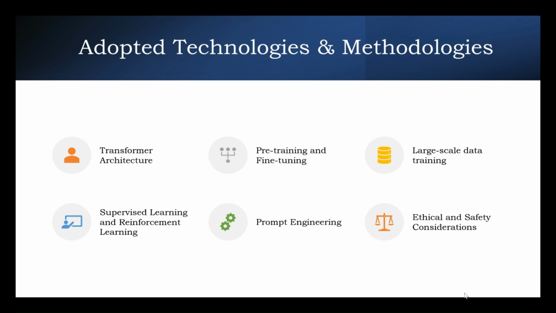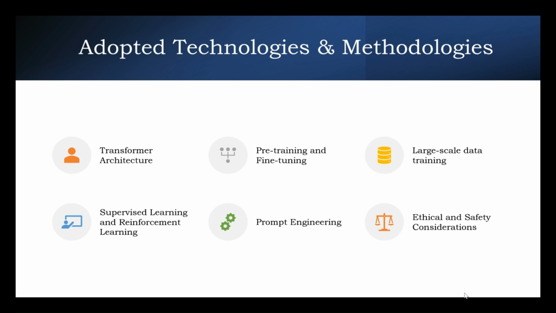They aim to minimize biased behavior and misinformation propagation or harmful output through the use of reinforcement learning from human feedback, that is RLHF, and active monitoring systems to avoid unnecessary things. These are the different technologies they adopted and